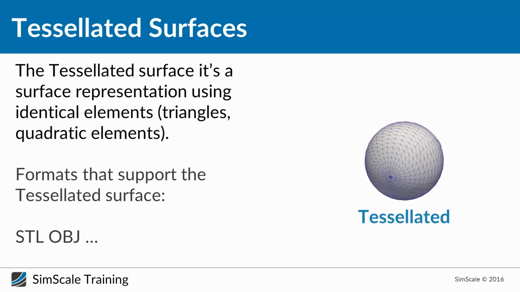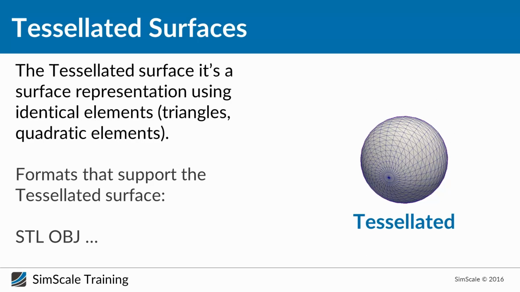So let's talk about the second type of surfaces, which is the tessellated surface. The tessellated surface is a surface representation using identical elements, triangles, quadrilaterals. Generally we use these two types, but I don't know really if there is a polyhedral representation. Maybe we can talk about this later, of the elements. As you can see here in this picture from the side, this is an example of tessellated surface. It's a combination of many elements, at least one or two, and can be like millions, that will describe the